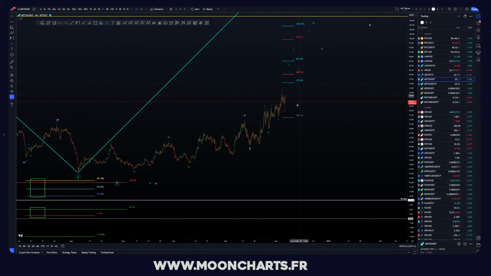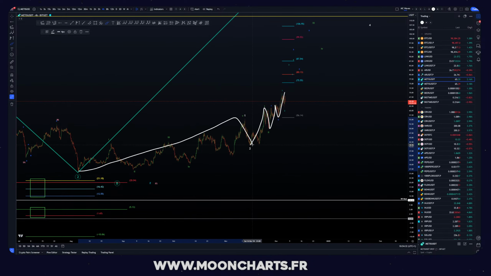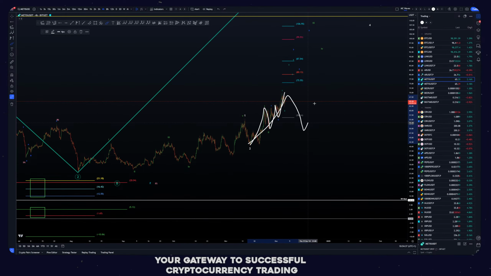And so if we have to pump big from here, I'm taking a wave 1, 2, another wave 1, 2, and another wave 1, 2. But again, this can bring us a 1, 2, 3, 4, 5, and so maybe an ABC for example, like this, if we have to be bearish, or another wave 1, 2 like this, and then boom, bigger push to the upside. So wave 1, 2, another wave 1, 2, and then a bigger push to the upside. But yeah, for now, unless Bitcoin really drops massively, I'm going to stay away from this for the moment.